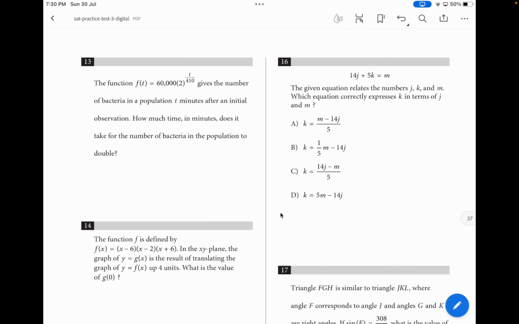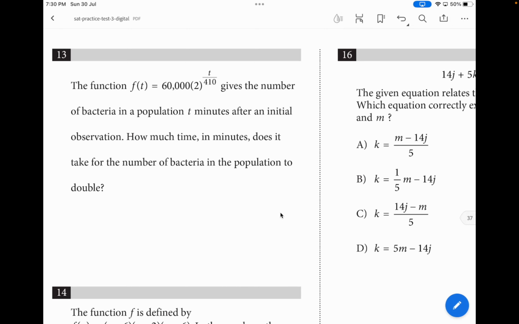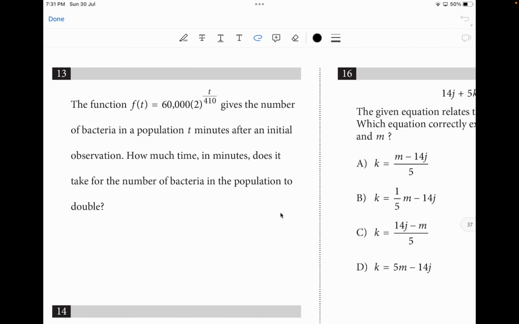Okay, so for question number 13, what we're going to be doing is that we can see there's a function, right? Function f of t is equivalent to 60,000 brackets 2 raised to the power of t divided by 410, which gives us the number of bacteria in a population t minutes after an initial observation. Now, how much time in minutes does it take for the number of bacteria in the population to double? Now, for this type of question, since it's given to us that it's t minutes after an initial observation,